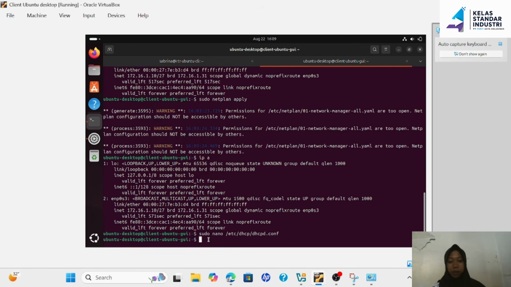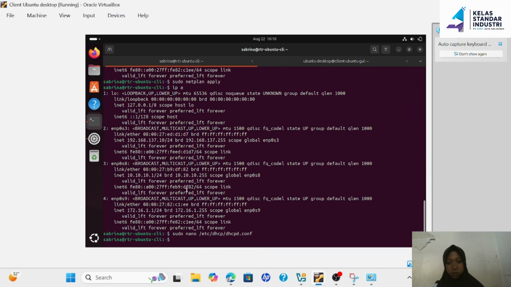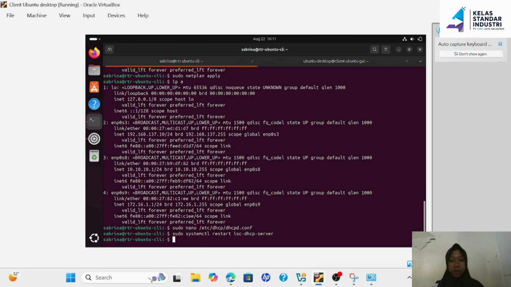Next, type the command sudo systemctl restart isc-dhcp-server and press enter. Okay, once it is done, we can also restart the connection on the client.